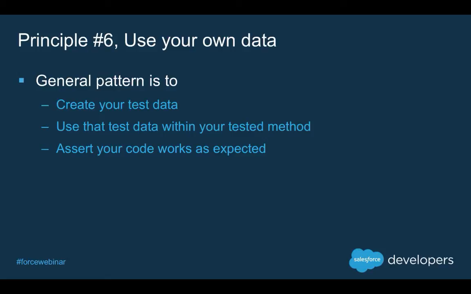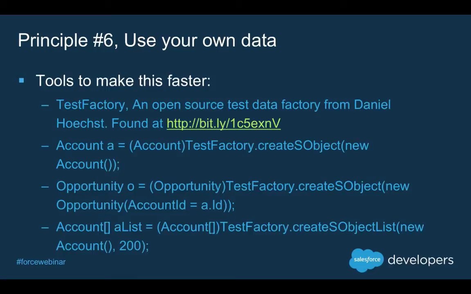So rather than writing helper methods to create an account or create a contact, you can use some pre-existing tools. There's one by Daniel Host that I find incredibly useful, and I use it in just about all my projects. The link to it here is in yellow, the bit.ly link there. It's an open source class called testFactory, and testFactory provides 3 or 4 methods. The 3 that I find incredibly useful are the testFactory create S object, which is the second bullet point,